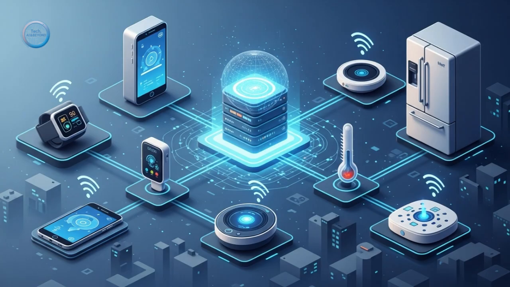And after all that analysis in the cloud, how do we as humans actually see the results or control the system? That's the fourth piece, the user interface, or UI. This is the point of interaction. It could be a dashboard on a computer, an app on your phone, maybe even a voice command system. It's how the insights from the cloud are made accessible and how users can manage or interact with the IoT system. Understanding how these 4 parts work together, things, gateways, cloud, UI, is really key to grasping how IoT captures data, turns it into actionable insights, and ultimately delivers value.